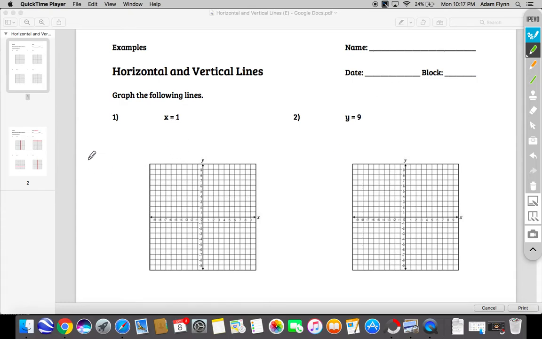So over in the margin here, I'll create my table of values. Okay, so this means x is always going to be 1. So for all my x values, I can just put 1. And now I just need to pick random y values. So since my graph only goes from -10 to 10, I'll plug in